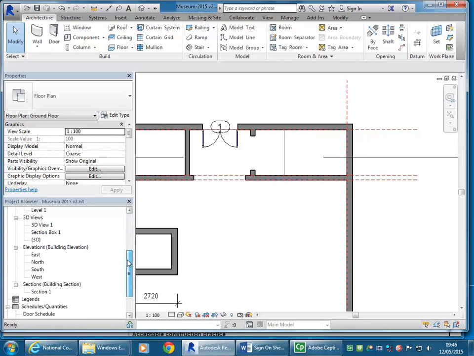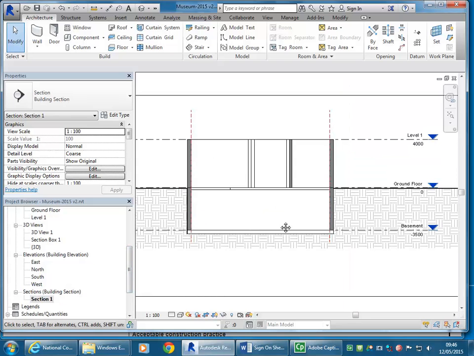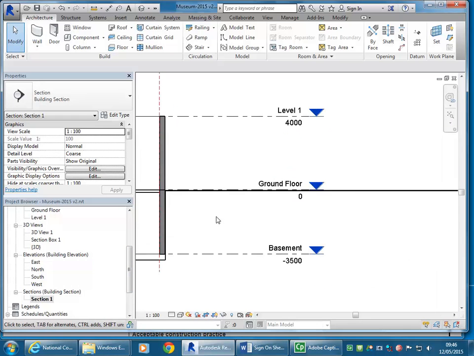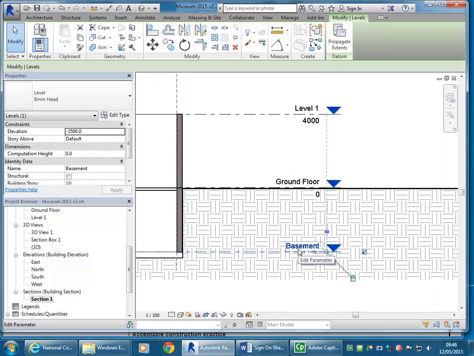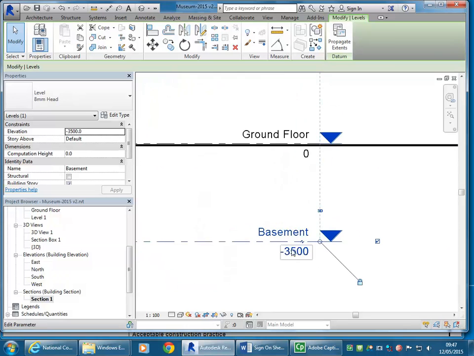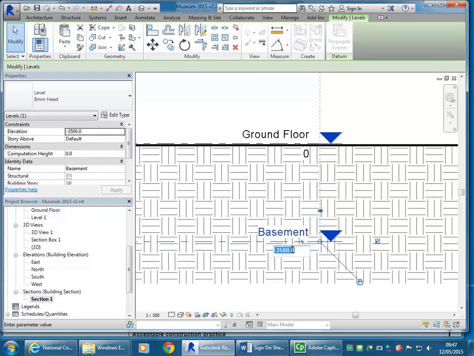So earlier, if you'd seen the video I showed you earlier on levels, I made the basement level minus 3,500, but I've just worked out with Jess that the height there probably should be, or could be, changed to be slightly less high, and we'll make it 3,400,